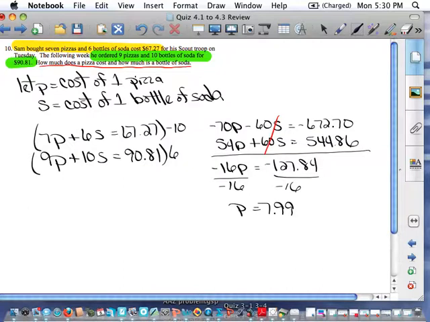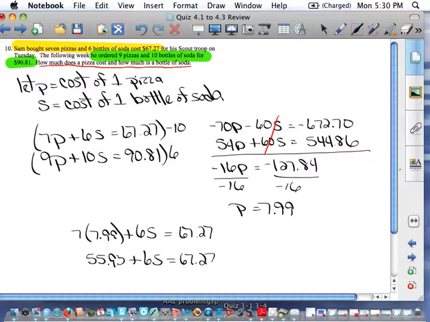$7.99. I can substitute that back into either equation. So 7 times 7.99 plus 6 times the price of a soda is equal to 67.27. So 55.93 plus 6s is equal to 67.27. So 6s is equal to 11.34. So S, the price of a soda, S is equal to